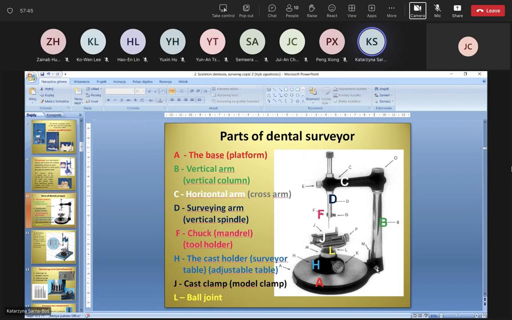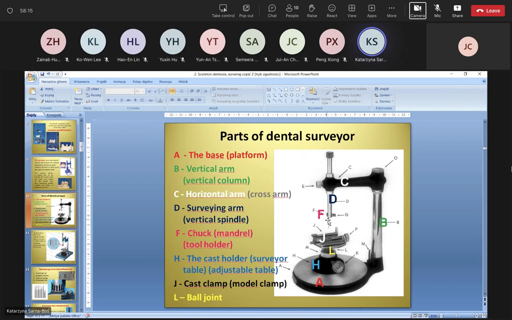Then we have B, the vertical arm, in other words, vertical column. Then we have the letter C, the horizontal arm, in other words, cross arm. Then we have the letter D. This is the surveying arm, the vertical spindle. Then we have letter F. This is the chuck, mandrel, tool holder,